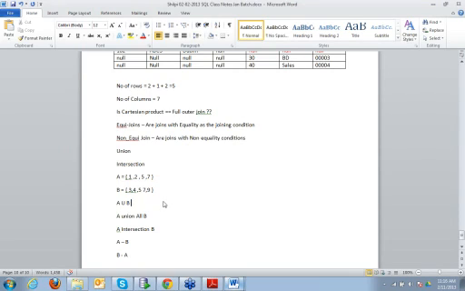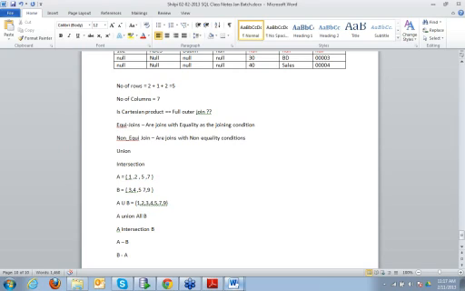So A union B means all the elements which are in A or in B, right? And here duplicates are eliminated. So A union B would fetch me 1, 2, 3, 4, 5, 7, 9.